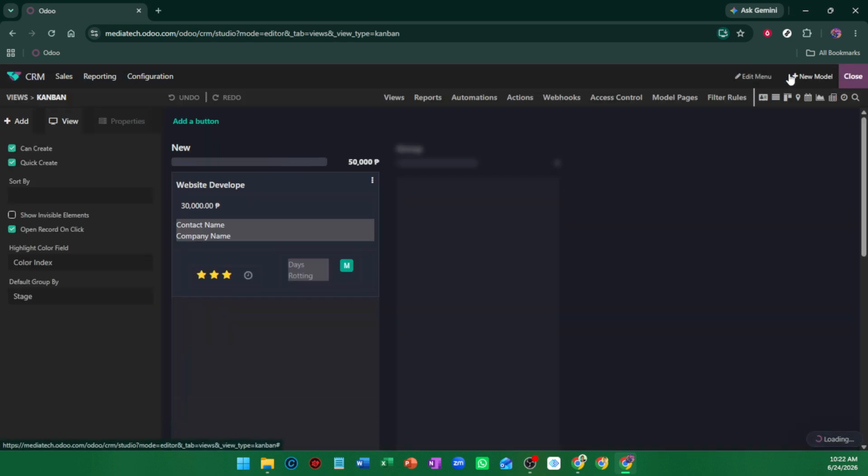Next, look to the top right corner of the screen and click the Studio toggle icon, which looks like a wrench and screwdriver. As soon as you open it, you'll enter customization mode. This is where Odoo Studio becomes especially useful because you can visually adjust your app layout without needing to write